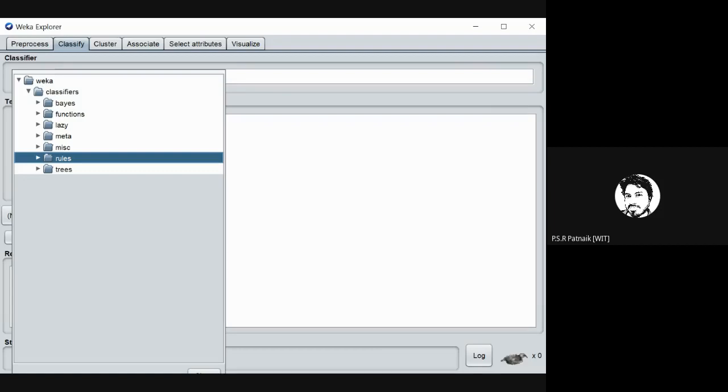Can you suggest? Anyone can type one, and if I see three combinations of classification algorithms, we'll apply all three.